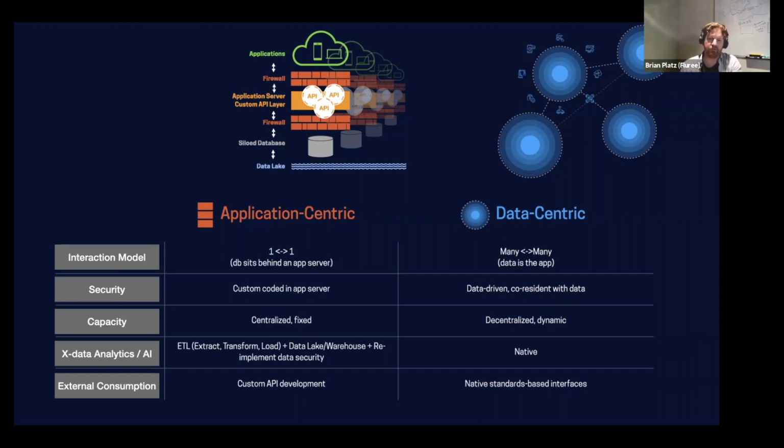But when we get to a data-centric model, it's a many-to-many paradigm. Many different people updating data, many different people or apps consuming data. And it brings a whole new set of requirements that you didn't even have to worry about in a traditional data model. Security, the next line item here. In a one-to-one app-centric model, it's written